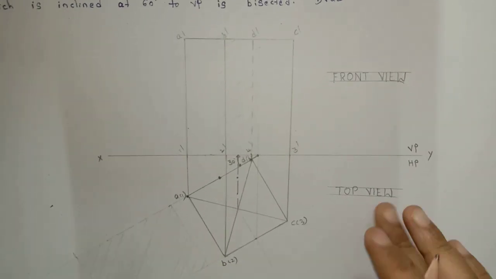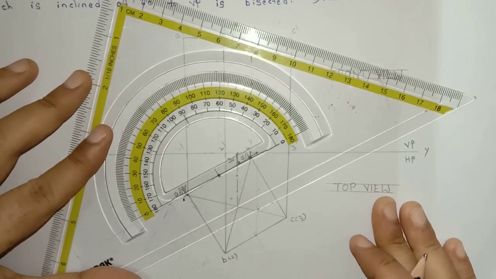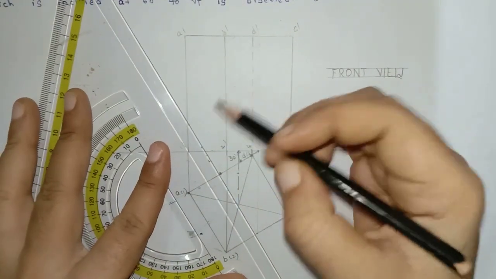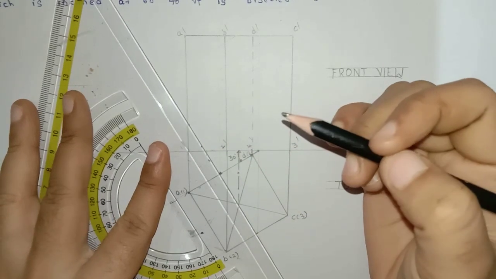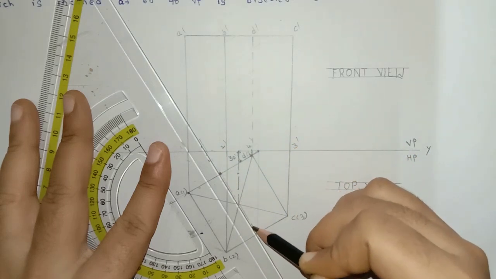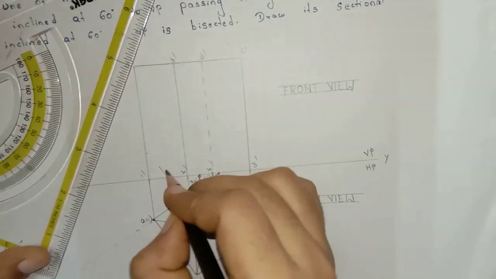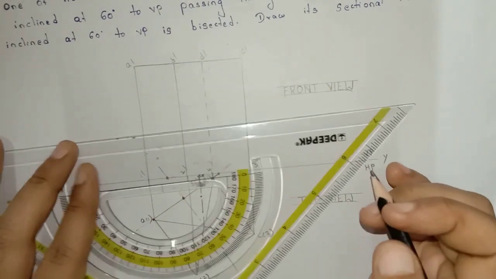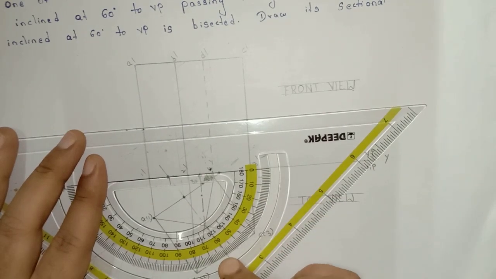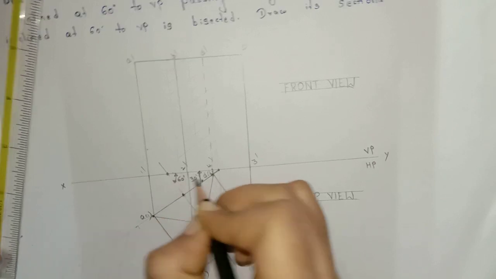Right, so now what I am doing, I am placing my protractor on that line. From that point I have marked 90 degrees. Right, now through that point I am drawing the sectional plane. Actually, now if you place your protractor on this reference line, this is the point which is touching on the reference line, if you measure the angle, it will be 60 degrees here. So that is the question. The sectional plane angle should be 60 degrees to VP.